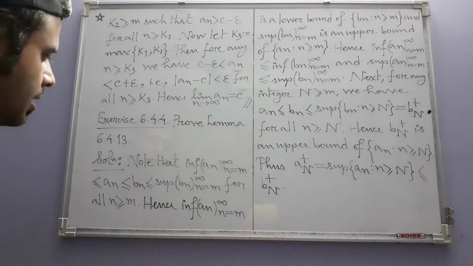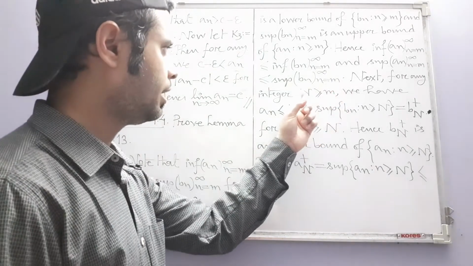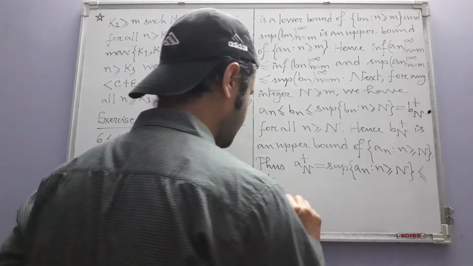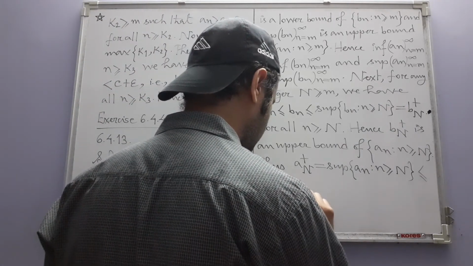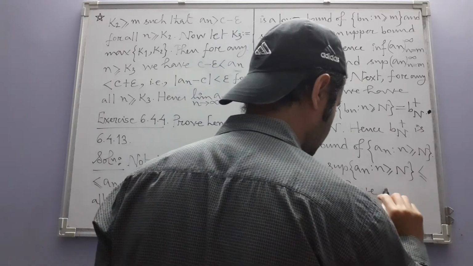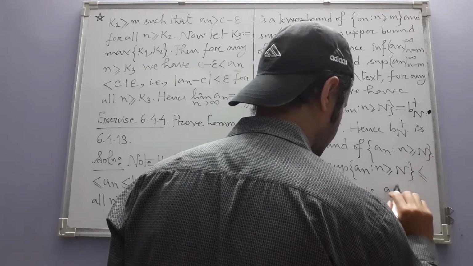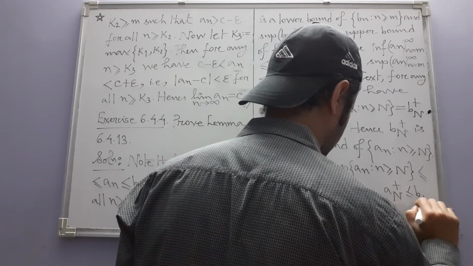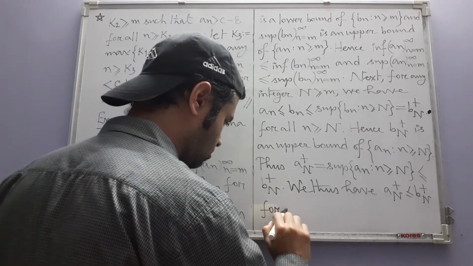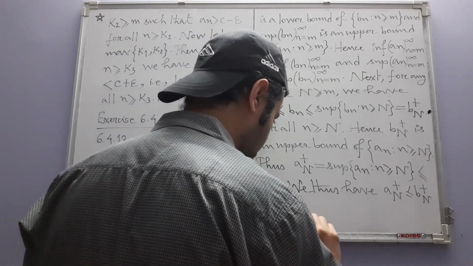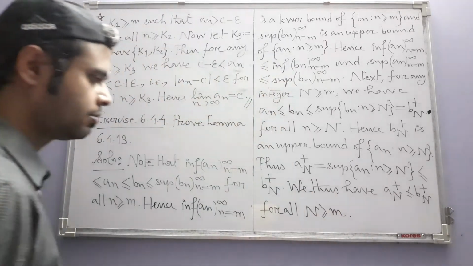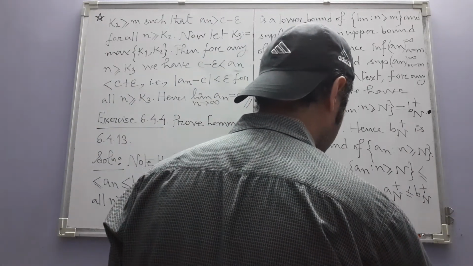And all these things are happening for any integer capital N. So we can vary that N also. We thus have a_n plus less than or equal to b_n plus for all n greater than or equal to m. This implies